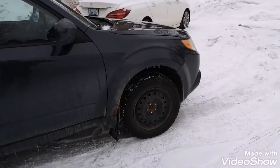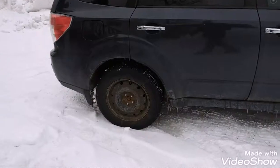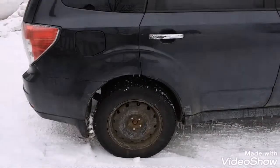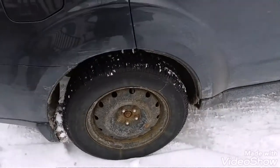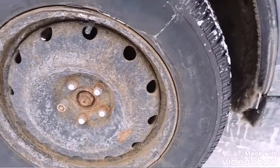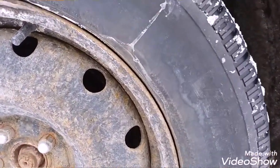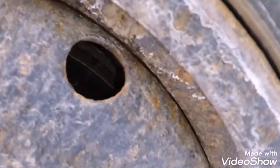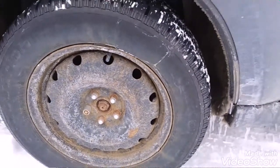Issue number 2 is, I would have to say, the brakes, and specifically the rear brakes. Now we're sporting our winter tires on this thing because it is winter and you can't really see, but I'm going to try and get in here a little bit closer. I'm not really going to be able to, unfortunately, get there. That's not going to be a good shot for you guys. However,